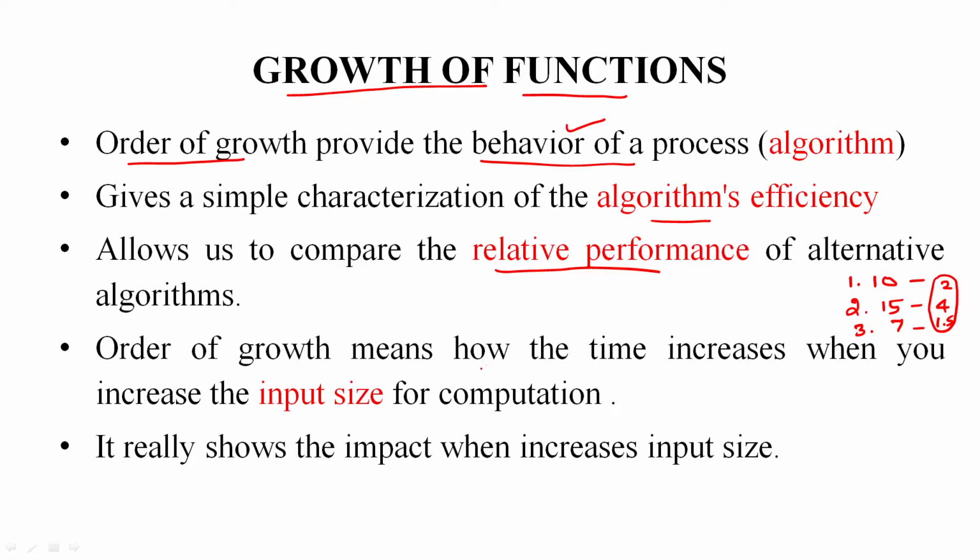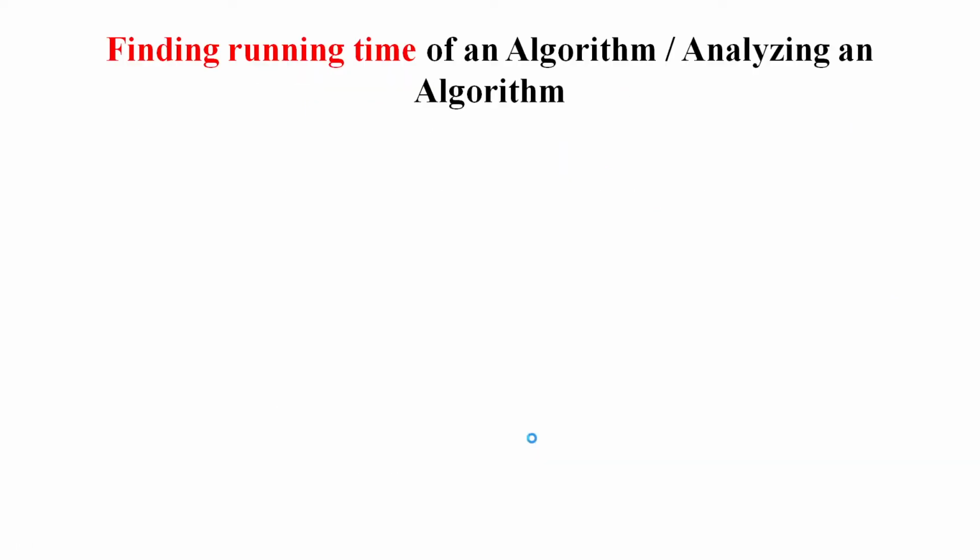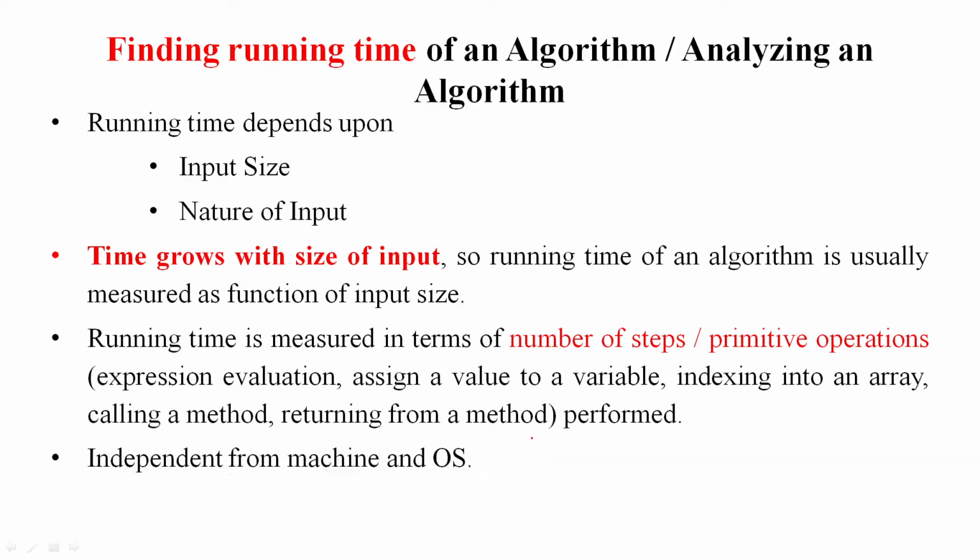The order of growth means that when you are increasing the input size, the execution time will also increase. That is measured or defined by using the order of growth of a function. When we are increasing the input size, it really impacts the algorithm's performance. For example,